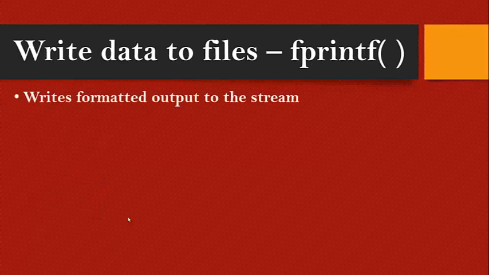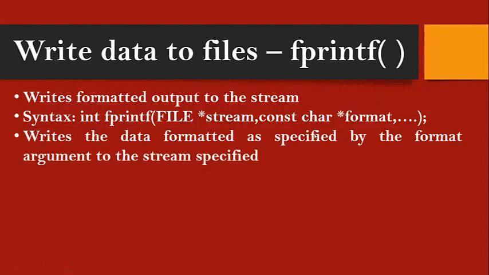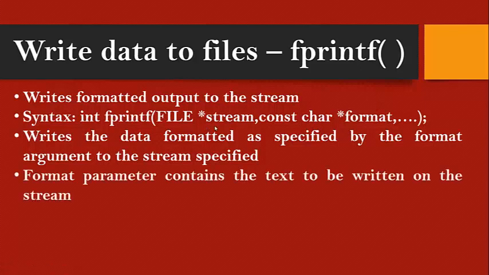It is going to write the formatted output to the stream. It is something similar to your fscanf. This function will return an integer data type, and we have to mention the stream to which you are going to pass the data, and then you have to specify the character format. It is going to write the formatted data, as specified by the character format, to the stream that you specify. We are going to get the input from the user and write the information through the character format, and that will be pointed to the stream, in the name of the arguments. The format parameter contains a text that will be written to the stream.